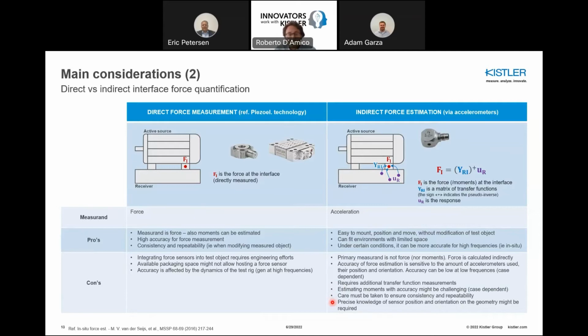And then finally, it is important in many cases to have a precise knowledge of sensor position and orientation on the geometry, because it will actually affect the accuracy of the prediction. So with this, I just wanted to give you our view on this topic, so that you have a good comparison between direct force measurement and direct force estimation before we jump into the next section, which is related to